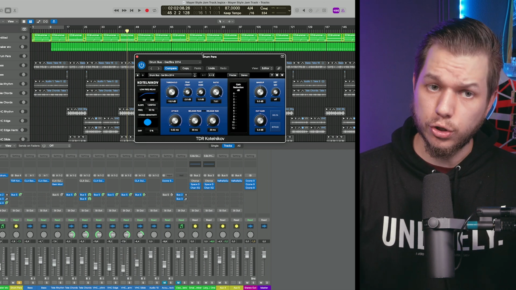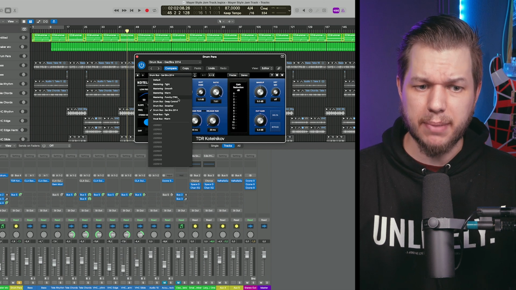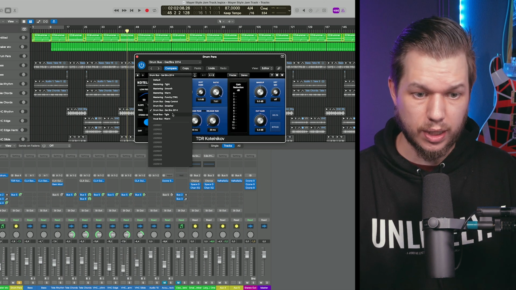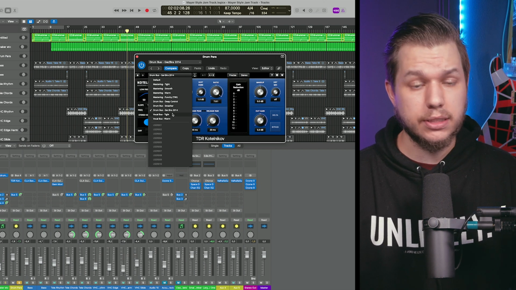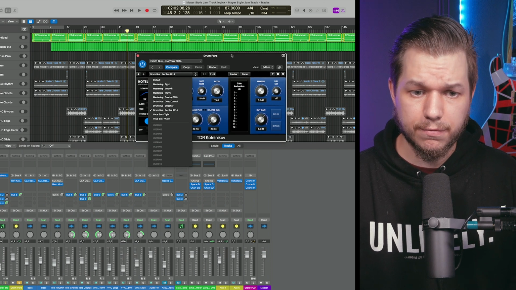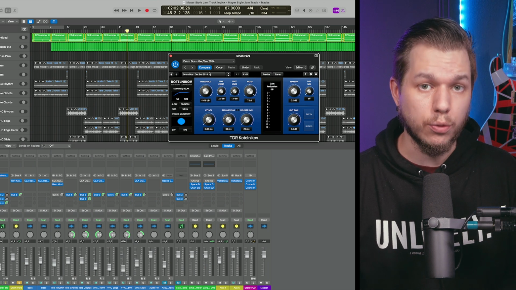You can also use this plugin for mastering. There are 3-4 different mastering presets that I really like. I've also used it on a vocal bus as well, and the presets on this one are just good. It's not too complicated to get to know this thing, but there's a lot of options if you want to really tweak as well.